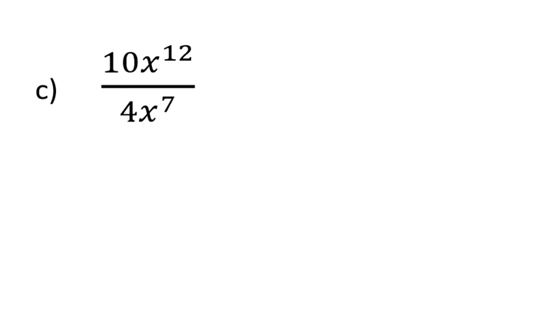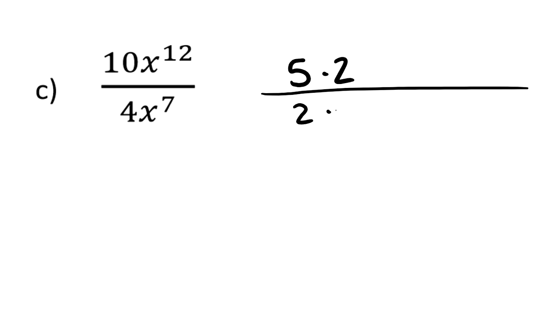The next problem is, I think, perfect for thinking about in terms of a giant 1. This number 10 is 2 times 5. And for convenience, I'm going to write it as 5 times 2. And the denominator 4 is a 2 times a 2. I think you'll see where I'm going with this in just a second. In my numerator, I've got 12 factors of x. I'm going to choose to rearrange those. I'm going to write it as 7 of them times 5 more of them. So x to the 5th power. And then down below in my denominator, you can see I've got